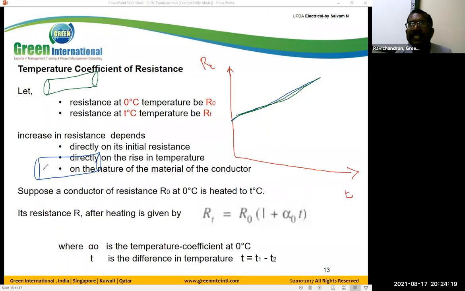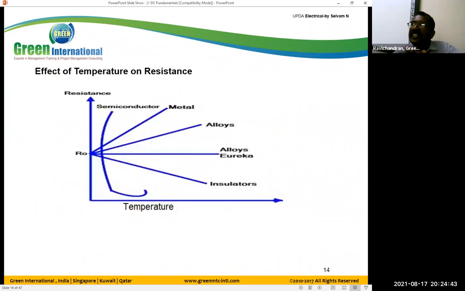If the temperature increases, the resistance value of this blue color wire decreases. So how do we represent this? First of all, we need to know which conductor it is, then we can find out. If it is a good conductor compared to the green one...